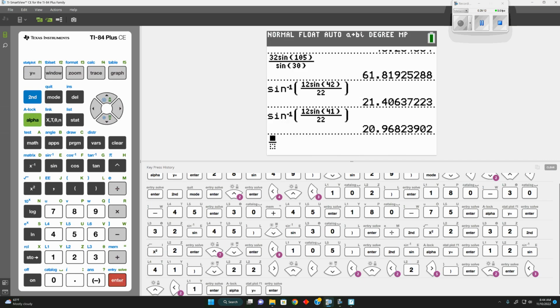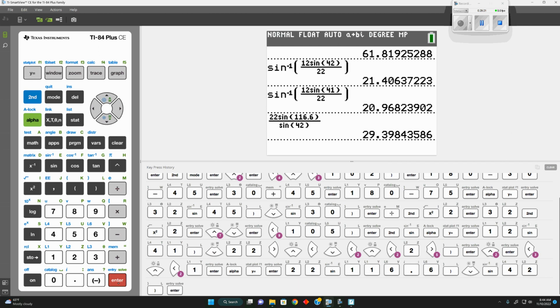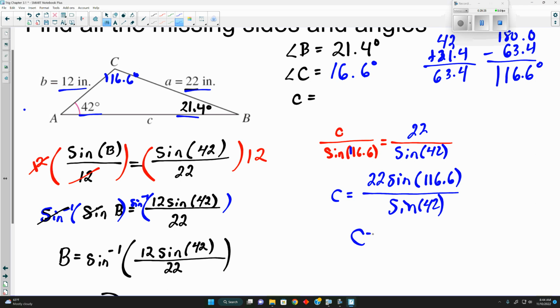And if we do this in the calculator, 22 sine of 116.6 over sine of 42, so 29.4 is our length. Now, if you're not sure of how they look, relate them to the angles. Biggest side is opposite the biggest angle. Smallest side is opposite the smallest angle. And if we put this in, C is indeed opposite the biggest angle, so it is set up correctly. We will finish